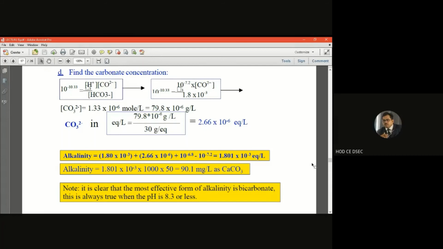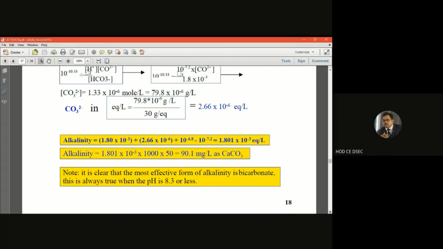So this is the overall problem, a single problem. I have just shown how to calculate the total hardness, non-carbonate hardness, permanent hardness, carbonate hardness, that is temporary hardness, and the alkalinity of the solution. But in computations, you have to take care of the calculation part. And at the very beginning, check that total cations equal total anions, which has to be accepted within plus minus 10% error.